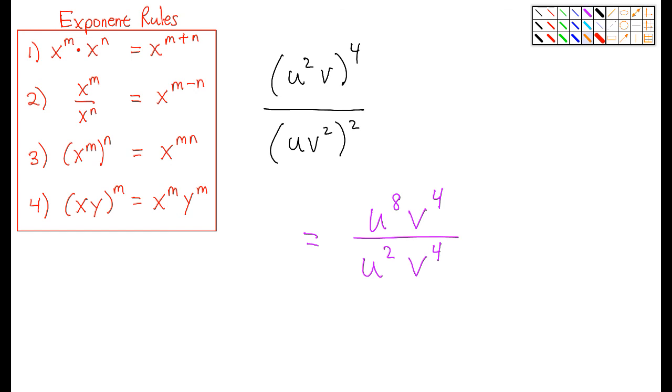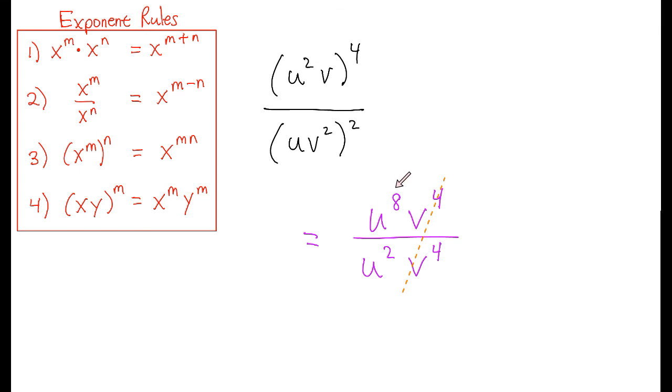So in this case, it looks like we're going to be able to cancel the v's, and the u's, we're just going to subtract the exponents, and that's going to give us our final answer,